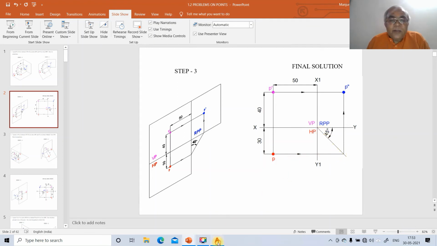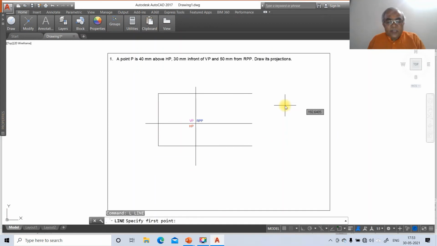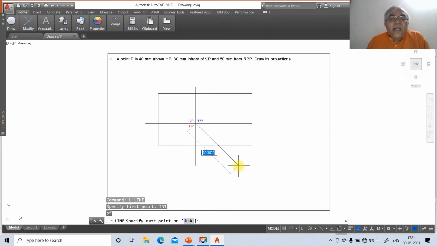To do that, I'll go for a line, take the intersection point, INT, of this horizontal and vertical. You can see that a green mark appears on the screen. That is what is called the aperture, and you can also see that the intersection is found. Once you get this point, click on the first button of the mouse and drag this. I don't know what distance I have to give, but the only thing is that the line should cross this horizontal line. So I'm going to use the relative polar coordinate system. I will give some distance, at the rate 100.